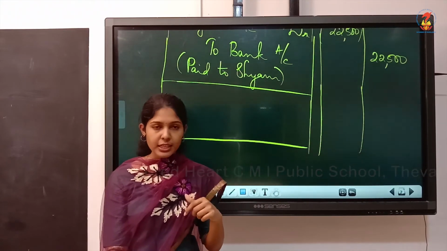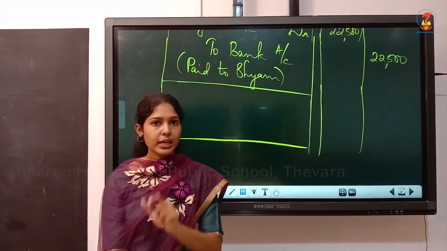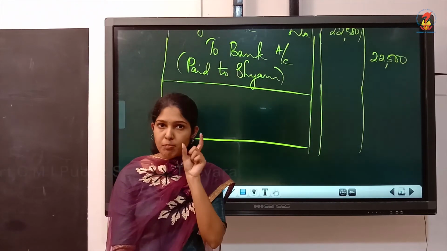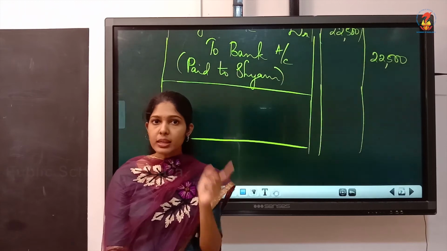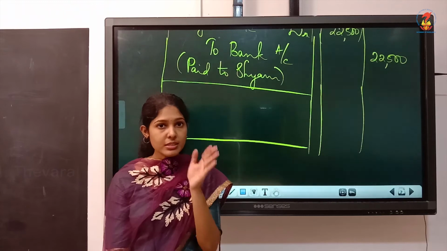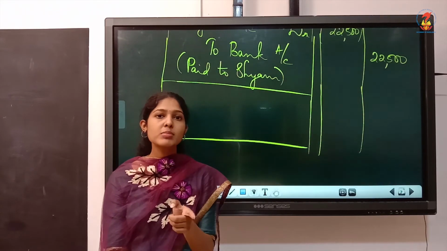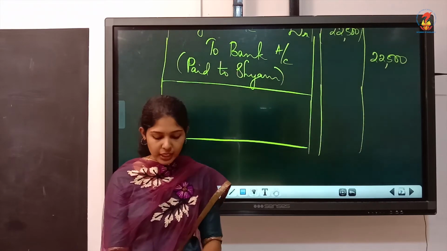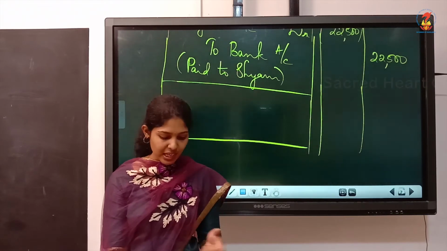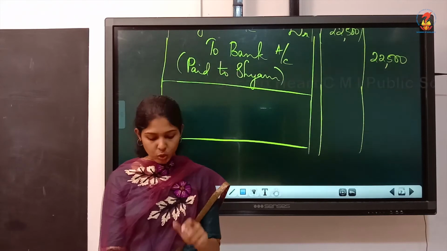Then paid salary to Ram. What will you write? It is salary account debited to cash account. Don't simply write Ram's account debited to cash. The account name must be salary, or you can write salary to Ram's account debited to cash account, or write salary account debited to cash account. Don't write Ram's account debited to cash, that is wrong. Salary account must be debited. Then paid for stationery. So what will you write? Similar transaction we had in the previous illustration. It is stationery account debited to cash.